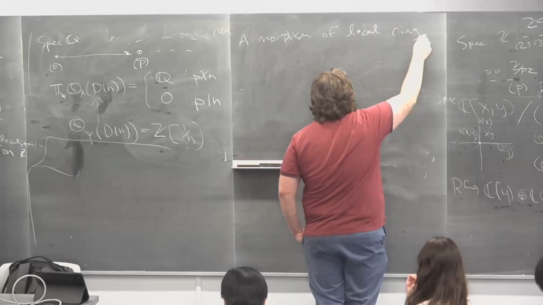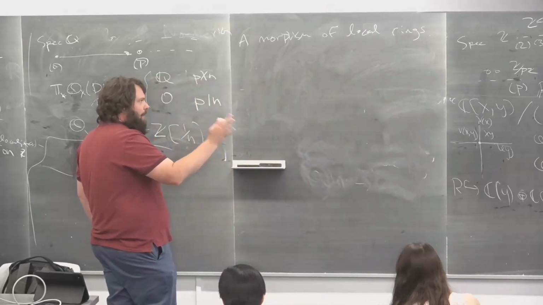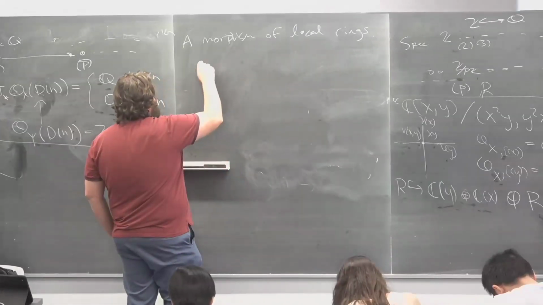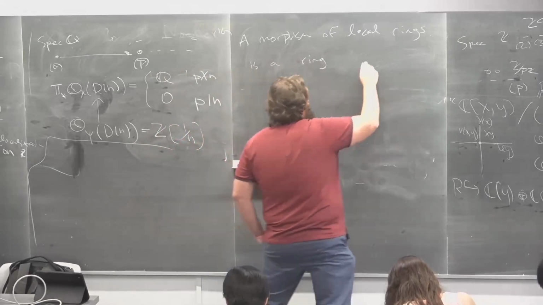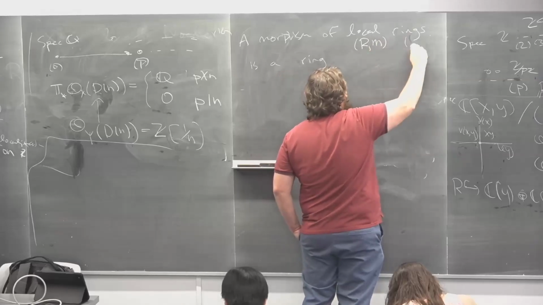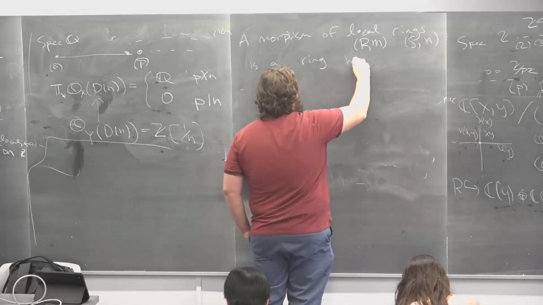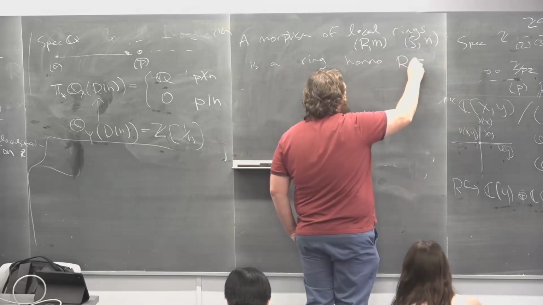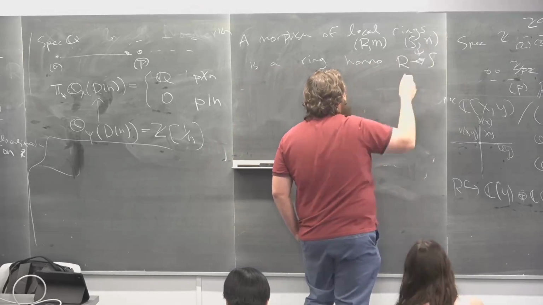And here, just to avoid confusion, I'm always using local ring in the commutative algebra sense. Some people call the stalks of the structure sheaf local rings. So a local ring, right, is a ring and its unique maximal ideal. So it's a ring homomorphism from R to S, we call it C,